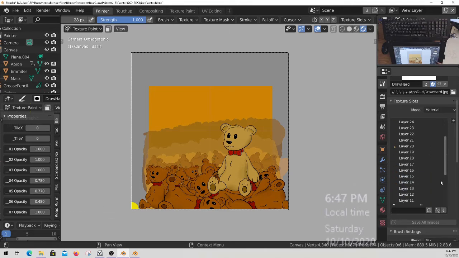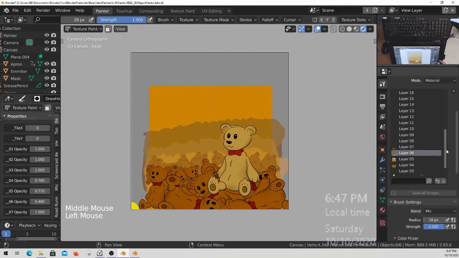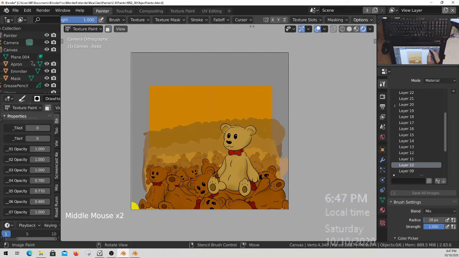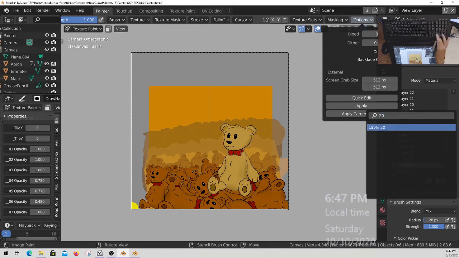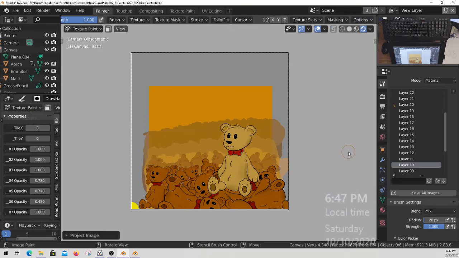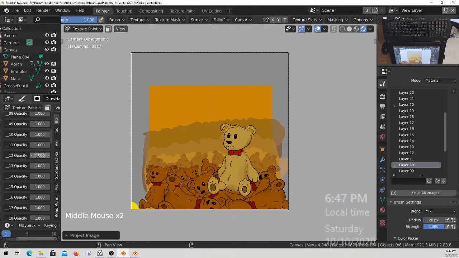I need this little bear all the way down here. I'm going to put a layer 10 for now, so it's in layer 20. So since I'm in layer 10, I'm going to project from the camera layer 20. That degrades the image, by the way, when you do that, but I've done it before, and sometimes depending on what kind of quality you want to keep, it's not a big deal. So layer 20,